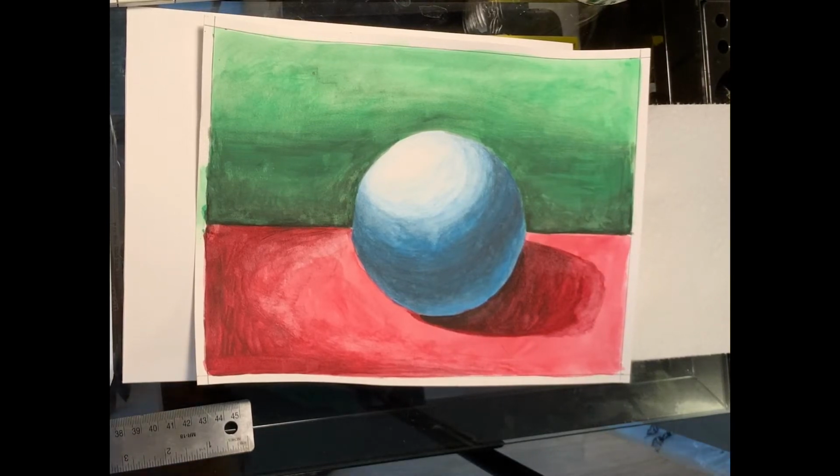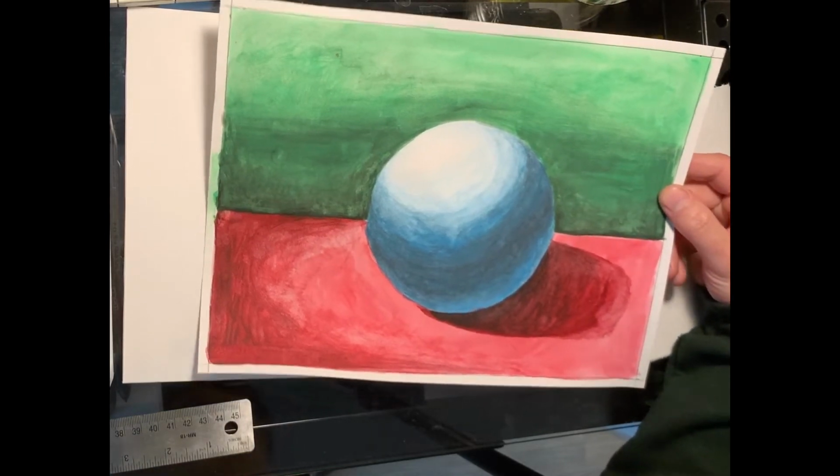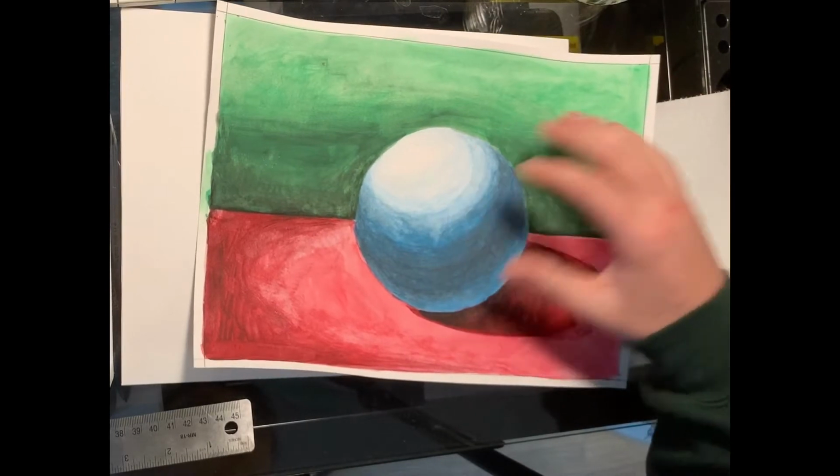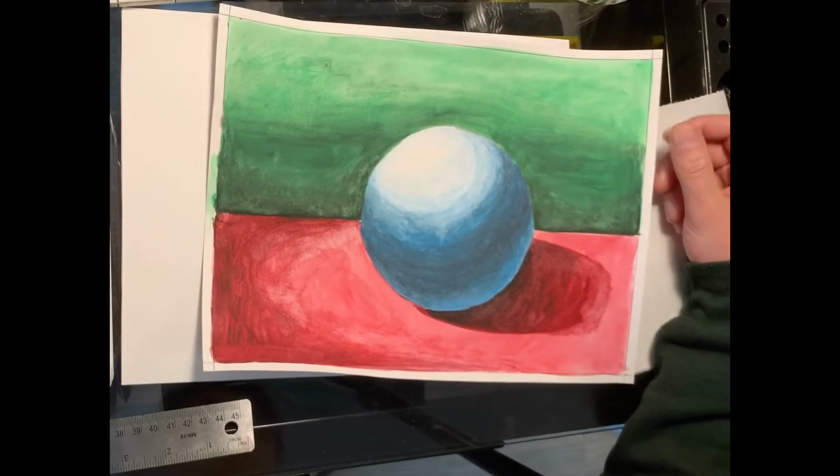Hello and welcome to Mr. Scicluna's painting class for turning a shape into a form. This will be our final product that we accomplish in this lesson, but first I'm going to go through the